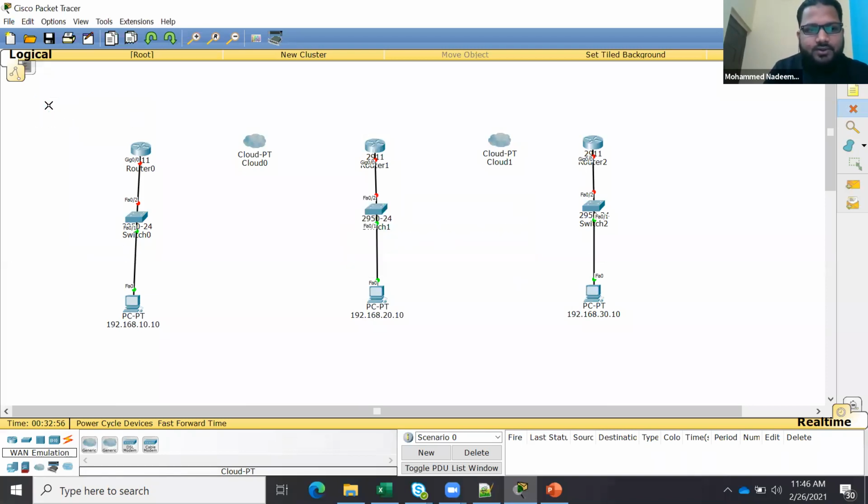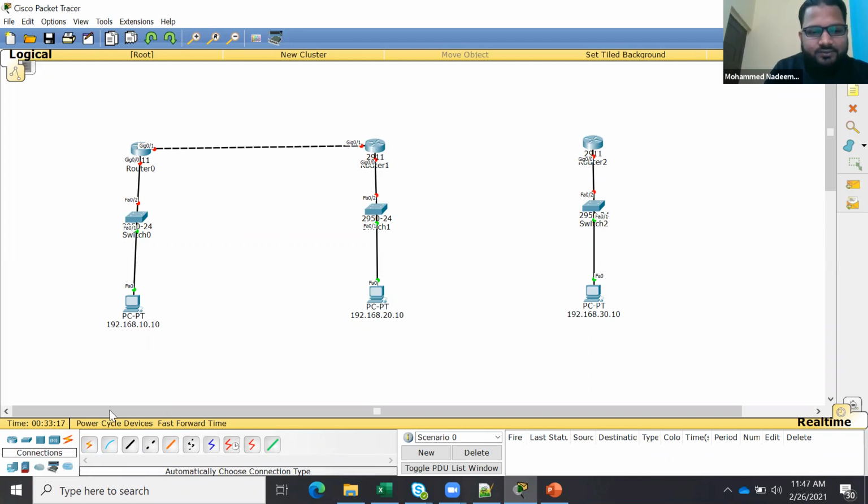Okay, so in the background your ISP will be there. For our practice, let's not use the ISP. Directly, what we are going to do is connect a direct cable. You can use this one automatically, from here to here, direct connectivity, Giga Ethernet 1 to 1, right?